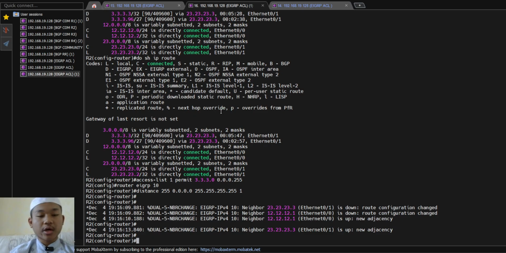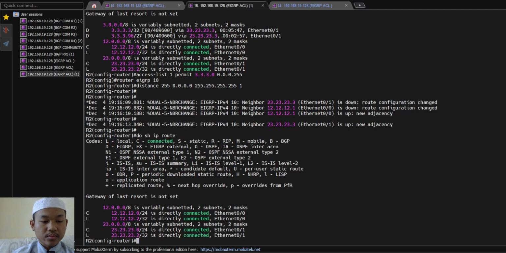Now we're going to check on router 2, with show ip route. As you can see, the IP loopback from router 3, 3.3.3.3, is no longer in the routing table of router 2.